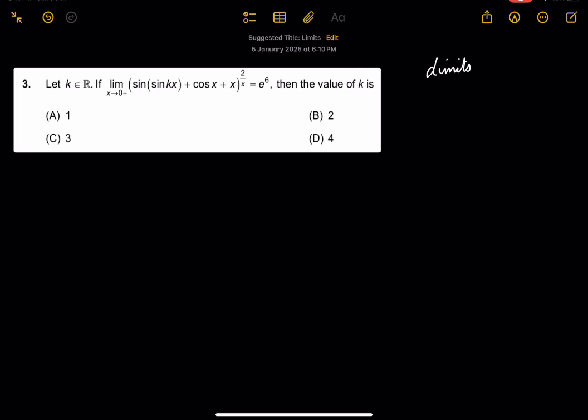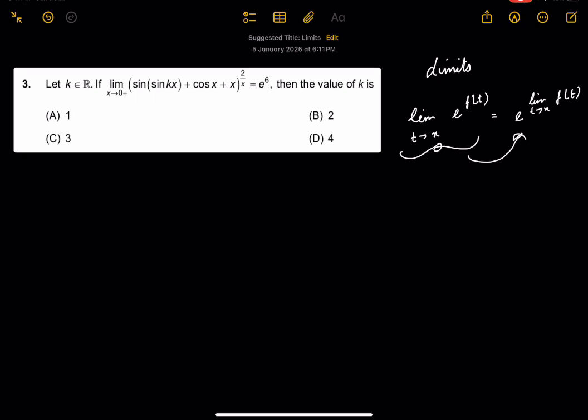So the trick simply is: limit t goes to x of e to the power of f(t) is equal to e to the power of limit t goes to x of f(t), when this limit exists. This is what we are going to use. So we are given that this limit exists. So to make